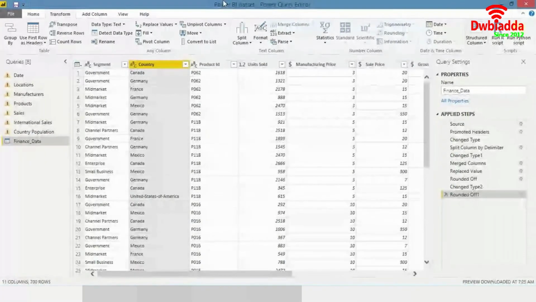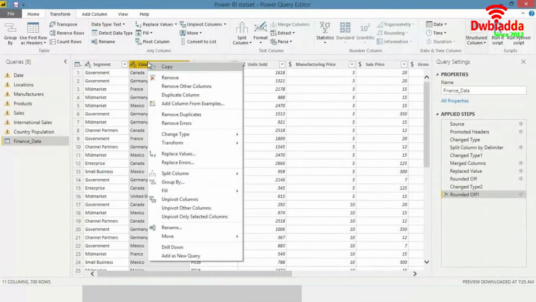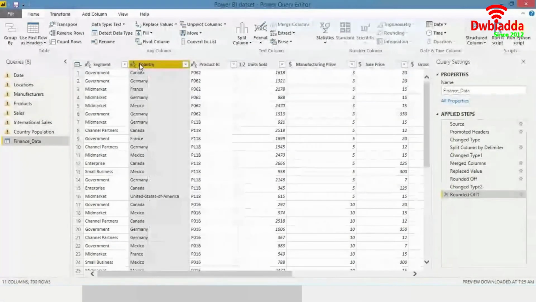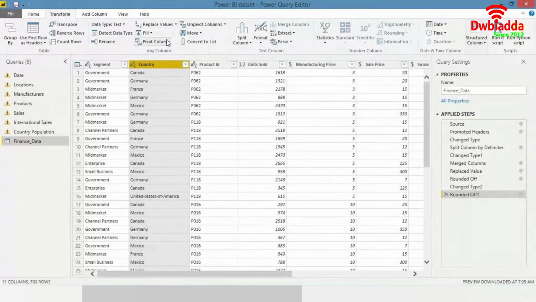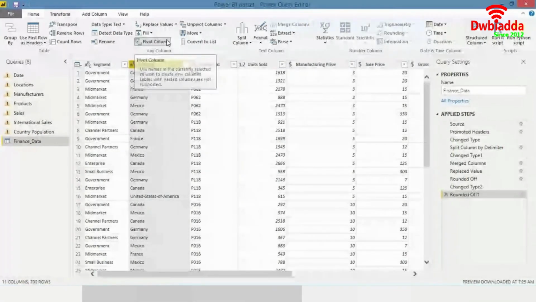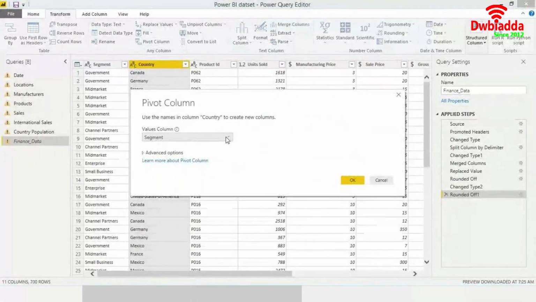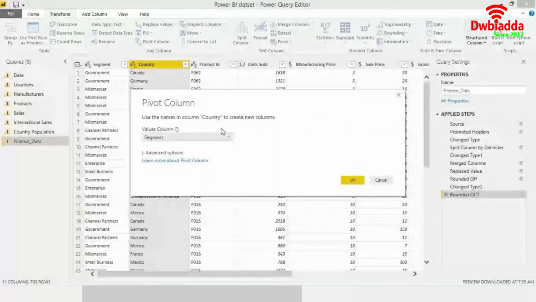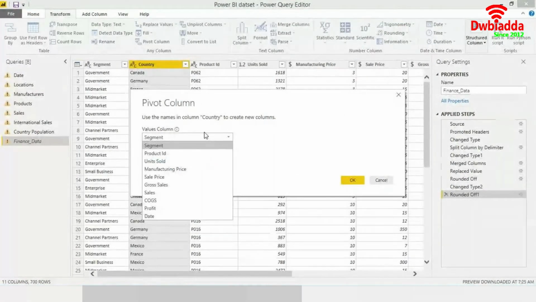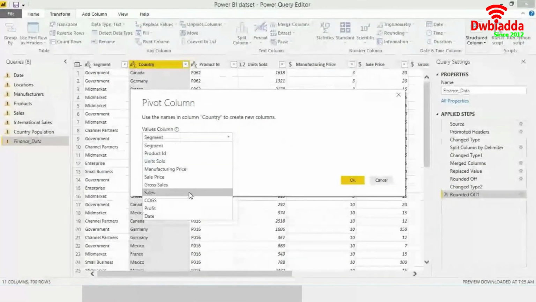In that event, you would right click on the column and select pivot column. It's not available over here, anyways, you can do it over here as well. You can click on pivot column, and it will ask you at what level you want to aggregate the data.